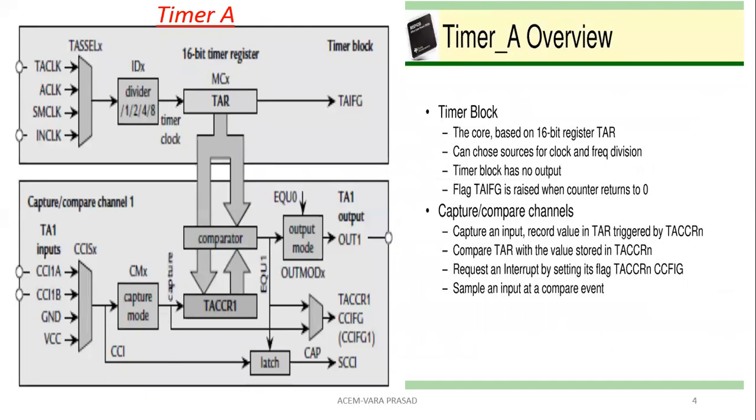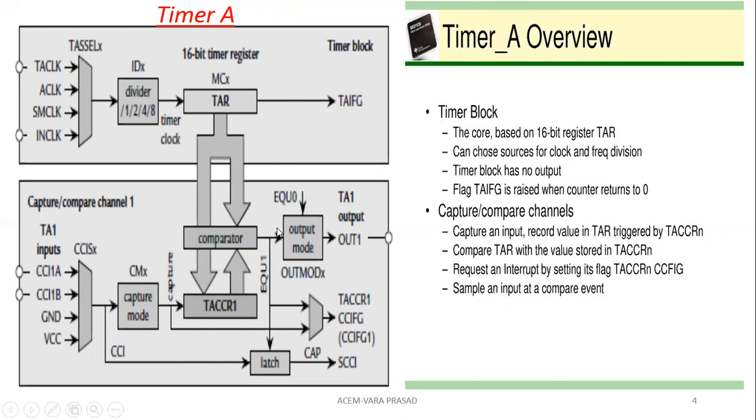Generally, we have already studied that two timers are available, mainly Timer A and Timer B. In Timer A, we again have different timers: TA0, TA1, TA2. Each timer again has different CC registers, that is capture compare registers, 3CC, 5CC, 7CC, which we studied in the architecture. Please keep it in mind. Based on that, now I'm going to discuss Timer A. Timer A consists of two blocks.